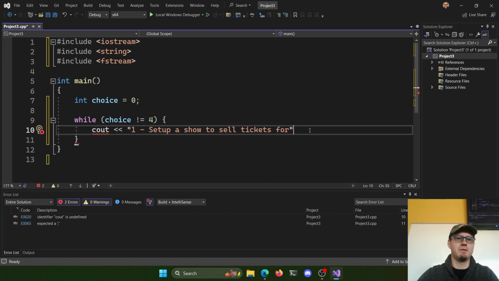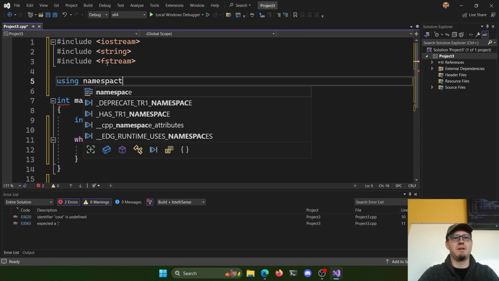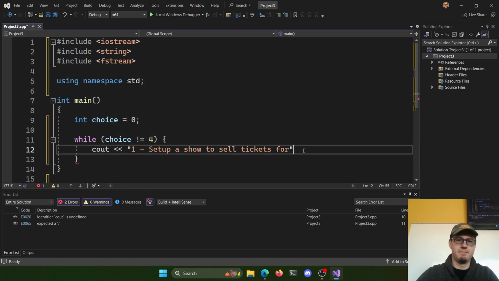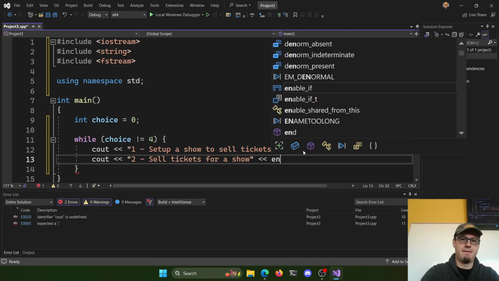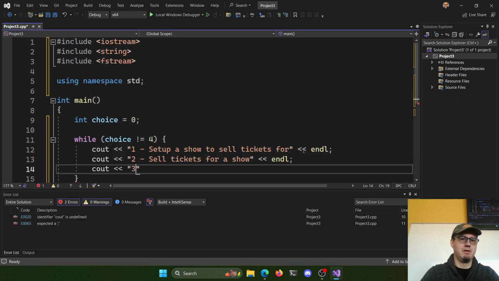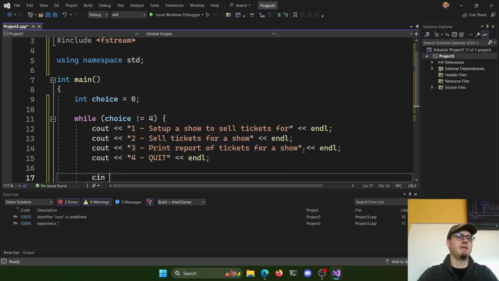Any way you want to do your menu, right? It's going to be fine here. Oh, using namespace std. There we go. And an endl, and then 2, sell tickets for a show, and an endl, 3, print report tickets for a show, an endl, and cout 4, quit. Something like that, right? And I can cin on choice,